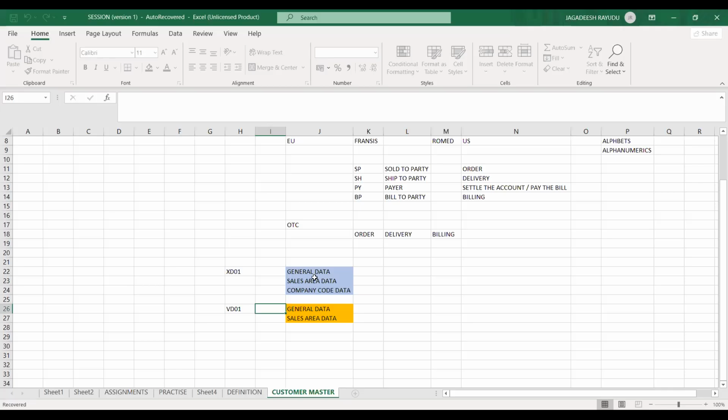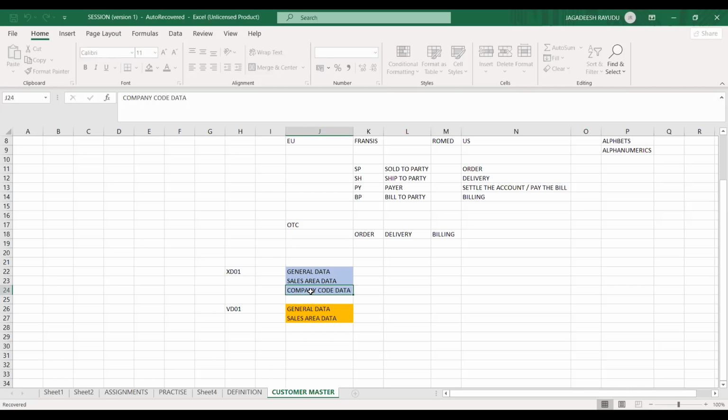Yesterday we created a customer with a standard sales area using 1000, 10 and double zero. In that you clearly found three sets of data. One is general data, relevant for your address details and other customer details, and you have sales area data. Sales area data is your sales, delivery and billing data apart from your partners, and whatever data relevant to sales is integrated with the company code, like reconciliation account, payment terms, a few important details related to sales.